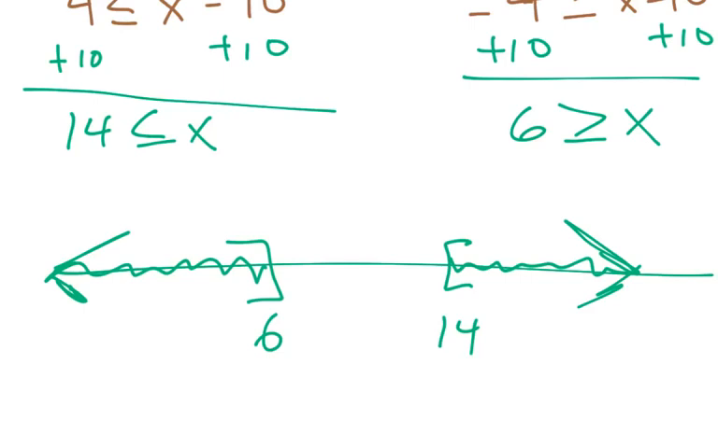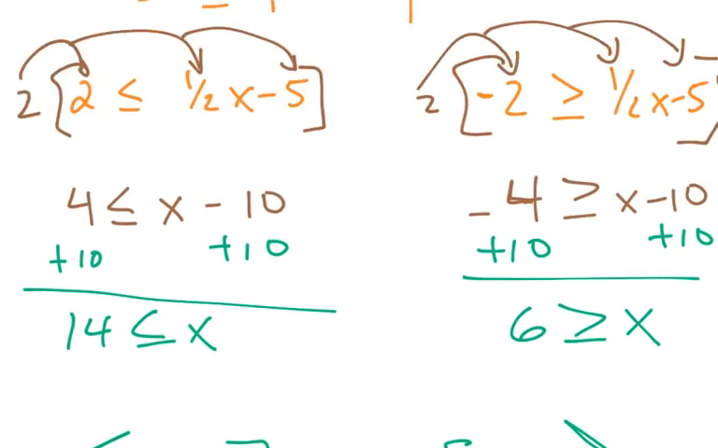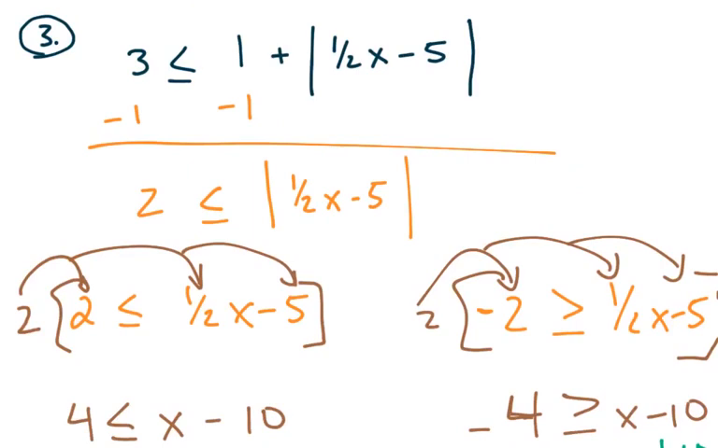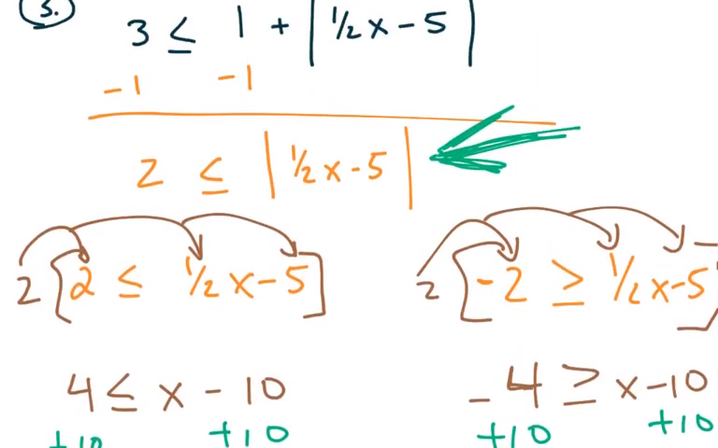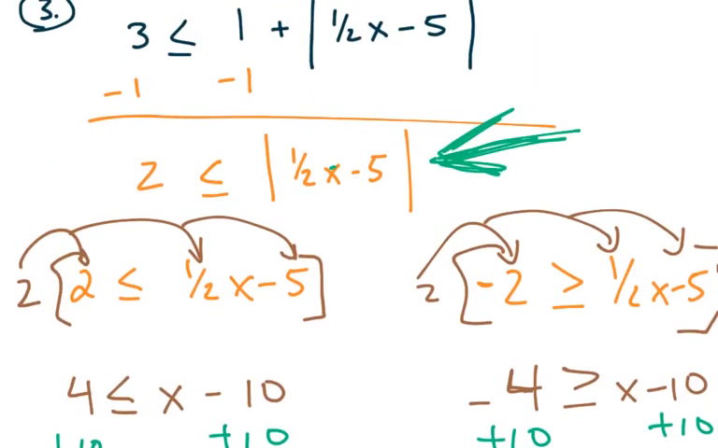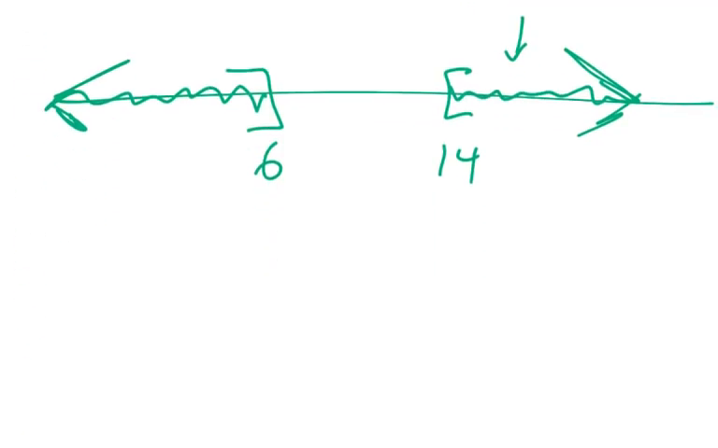So I'll take a number that's less than 6. I'm going to use 0 to make it easy. So notice I'm going to use this version here because it's cleaner. So if I plug in 0 here, I get the absolute value of negative 5, which is 5, and 5 is greater than or equal to 2, so that's okay. And then I'll take a value that's greater than 14, let's say 15. Actually, I'll take 16 to make it easy. So half of 16 is 8, 8 minus 5 is 3, and 3 is still greater than or equal to 2. So this scenario here